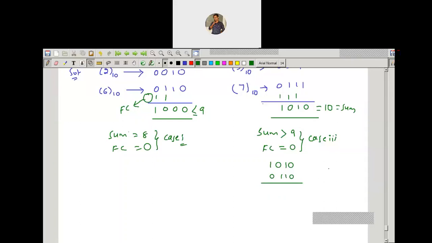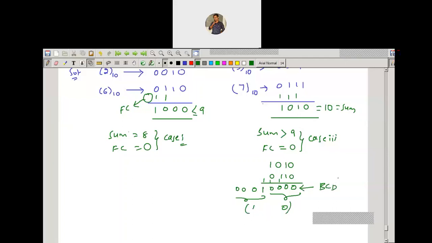Now here 0 plus 0 is 0, and 1 plus 1 is 0 with carry 1. Again 0 with carry 1. Again 0 with carry 1. Now this is the 0 value, and you can use 3 more zeros here. This is the 1 value. So it is the BCD form. This is the BCD form. So in this way, you have to do the additions here.